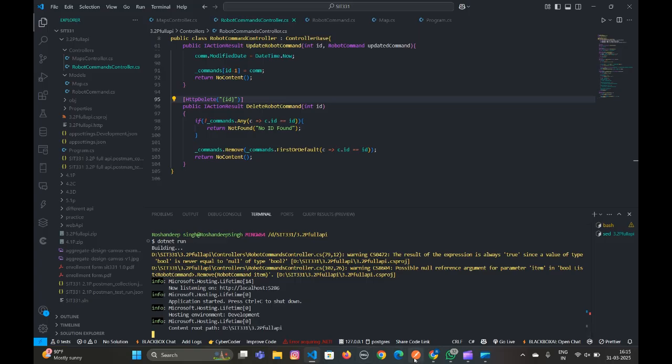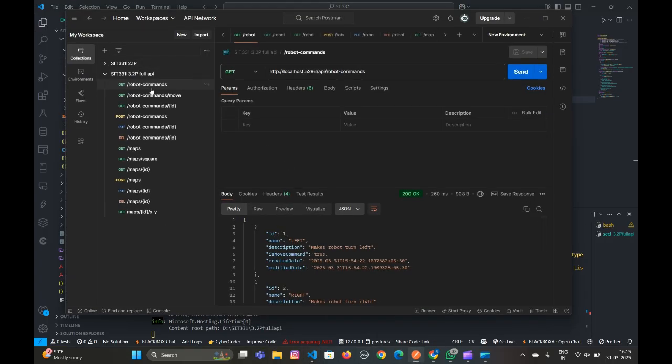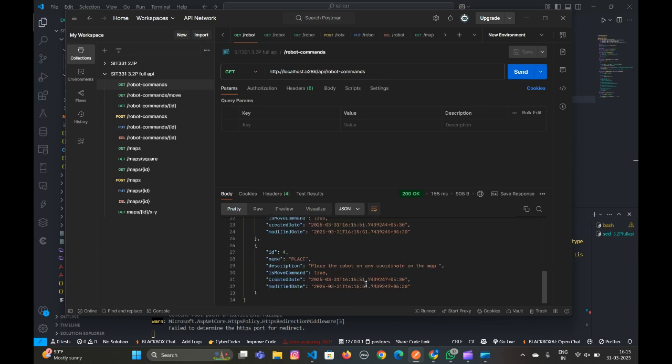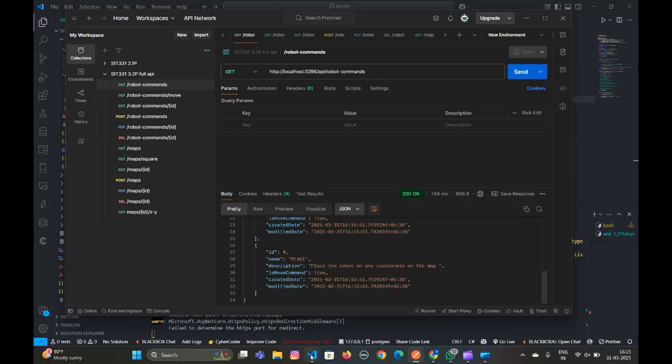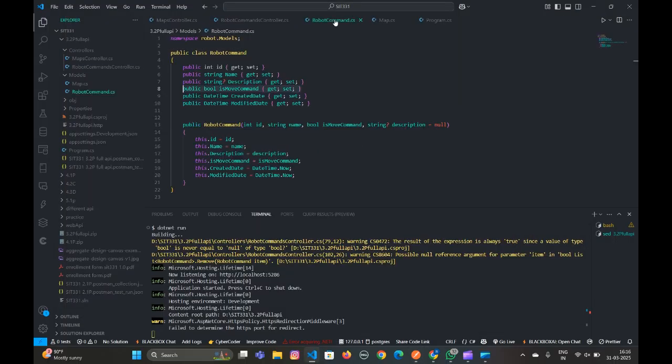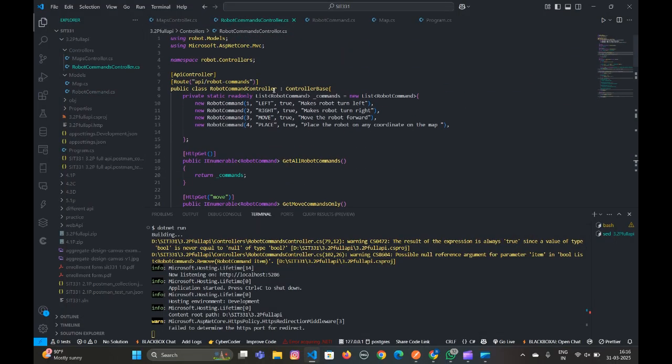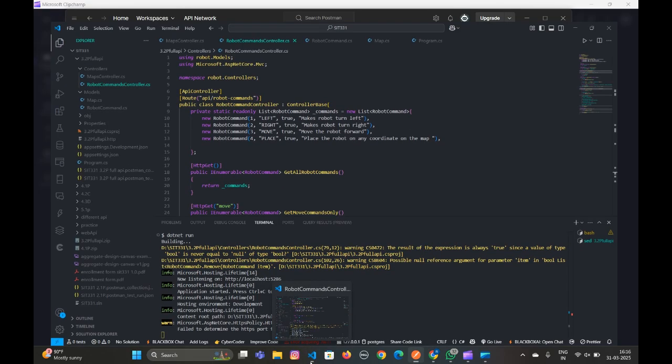So now I will show you my Postman. As you can see, at first it is the get robot commands. When I send this, it will show all the robot commands that exist. Currently, there are four robot commands that exist, which are left, right, move, and place. These are the four initial robot commands, and